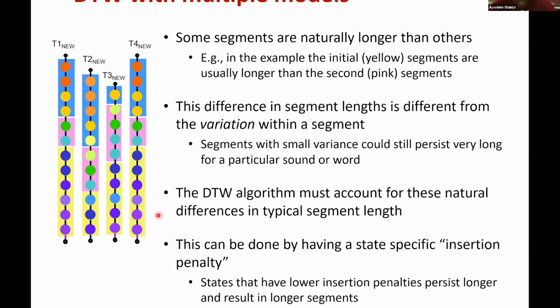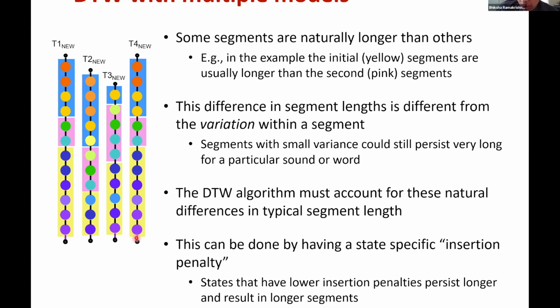I think the one that gave a longer segment. The one that gave the longer yellow is more believable because it's also following the physical characteristics of the data, right? Even though, just based on the simple basic cost, the first one ended up giving you a lower cost. This means you have to tweak your alignment process and make it so that the alignment process itself naturally favors long yellows and short pinks,